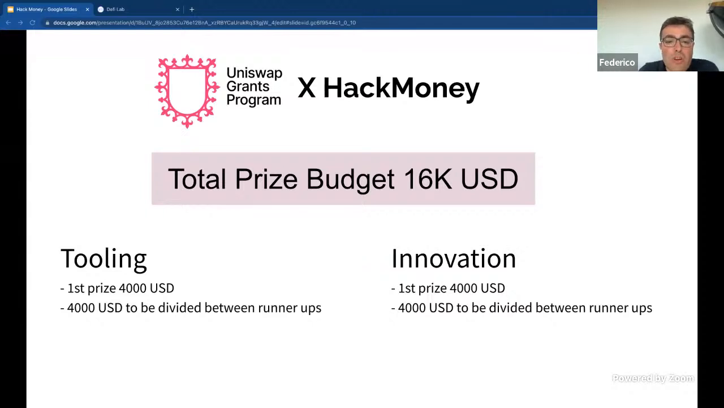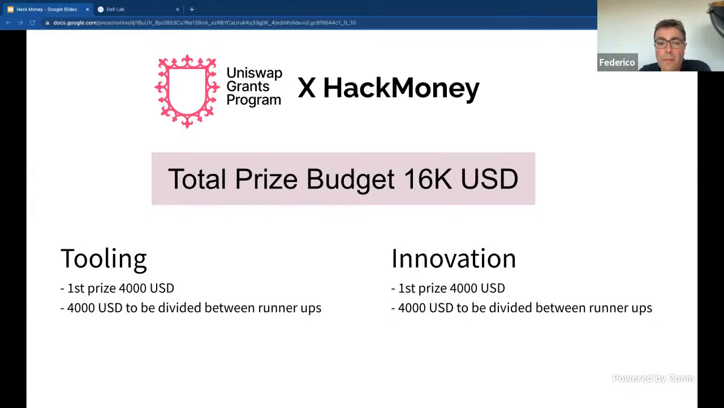Other examples of this category could be libraries or frameworks to help coders easily interact with Uniswap, or tools to help end users by abstracting complexity and providing a better user experience when interacting with Uniswap itself. The second category is all about innovation. You should apply here if your hack is using Uniswap as a Lego block within DeFi processes, or maybe if you are building additional functionalities on top of Uniswap, or even if you are using Uniswap in a new and